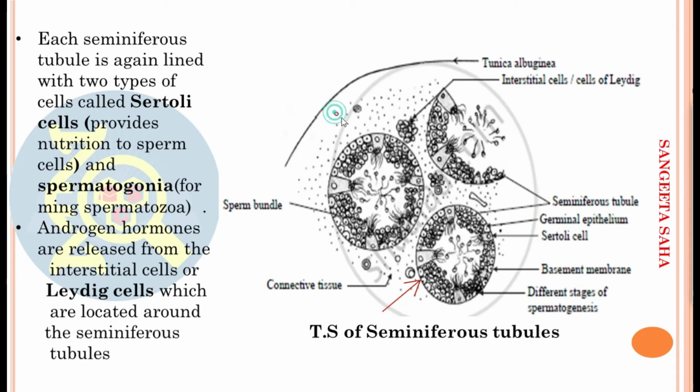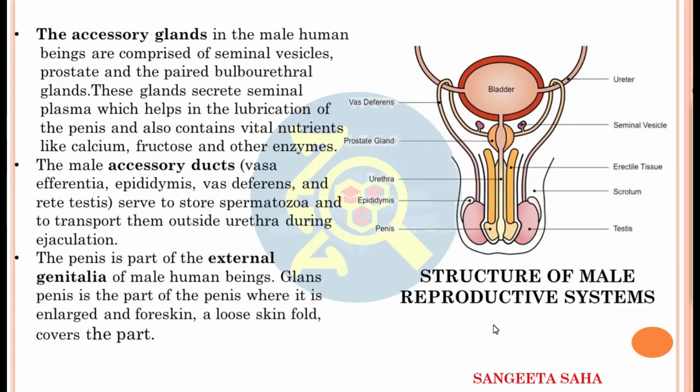Now, here you will find there is connective tissue, and inside this connective tissue you will find some clusters of cells like this. These cells are known as the Leydig cells or the interstitial cells, and these cells play a very important role in the process of reproduction because they produce the male sex hormone, that is testosterone. Now, coming to the secondary or accessory structures of the male reproductive system. As I have already said previously, the rete testis that is formed collects the sperms through the vasa efferentia into the epididymis. This is the epididymis. The epididymis is a highly coiled structure.